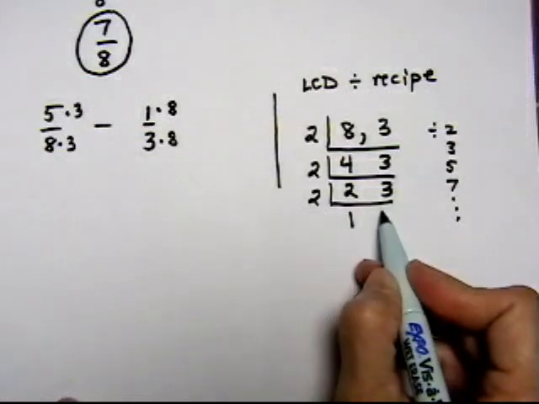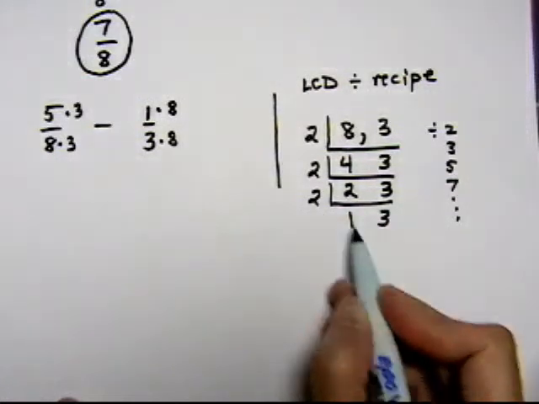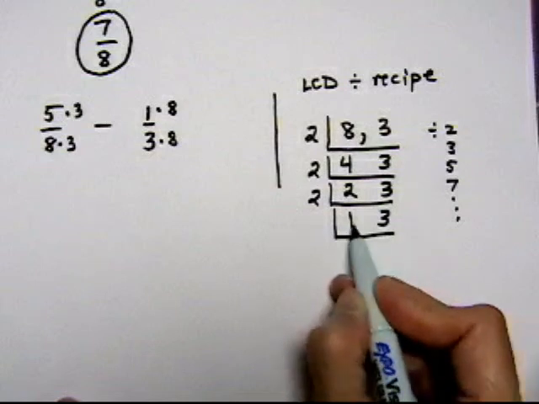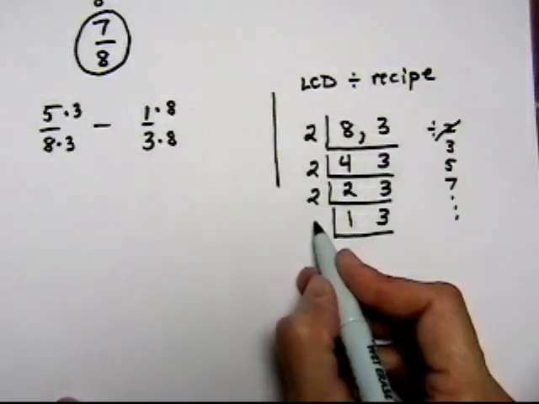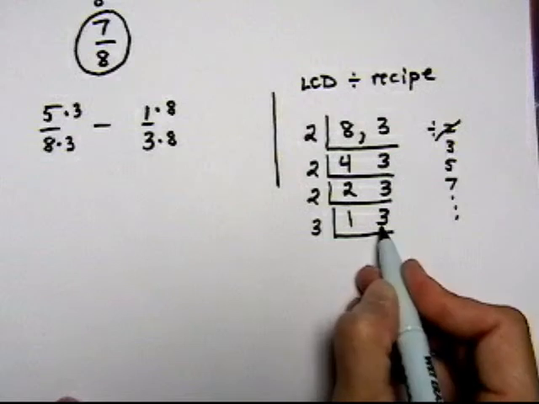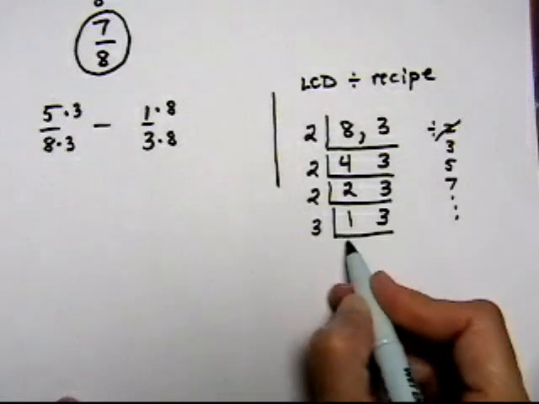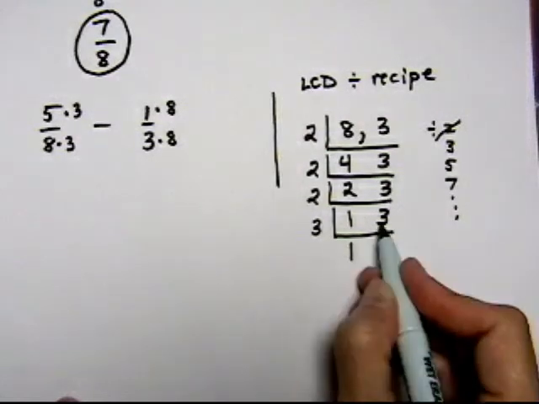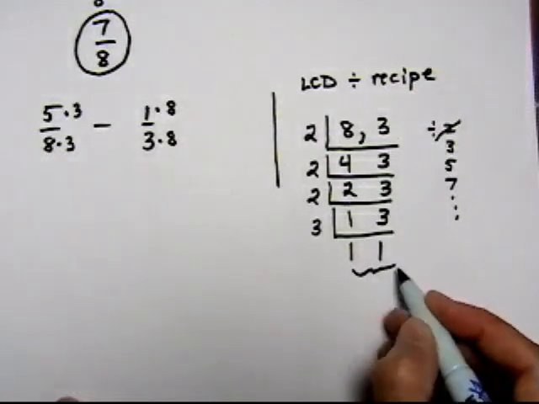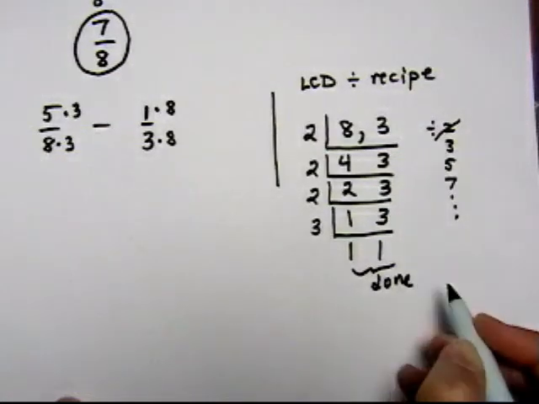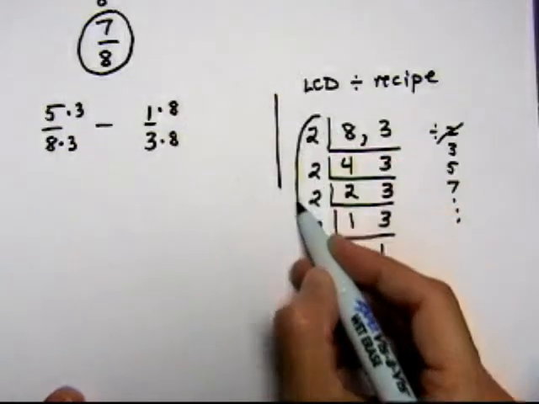3 by 2 doesn't work, so we just bring the 3 down. 2 doesn't work anymore for either one of these, so I'm done using the prime number 2, and I'm going to use 3 instead, because 3 works for the second number here. 1 divided by 3 doesn't work, I'm just bringing down the 1. 3 by 3 equals 1. As soon as you get all 1s here, you're done, and your LCD